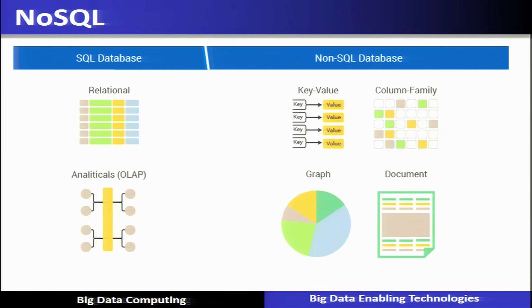Here you can see that a NoSQL database is primarily a key value store. It is also called a column family, and it is different from the relational database management system, which is in the form of tables. Here the data is stored column-wise in the form of key value pairs. We will see more detail about NoSQL databases, and how they are able to store big data, in further slides.